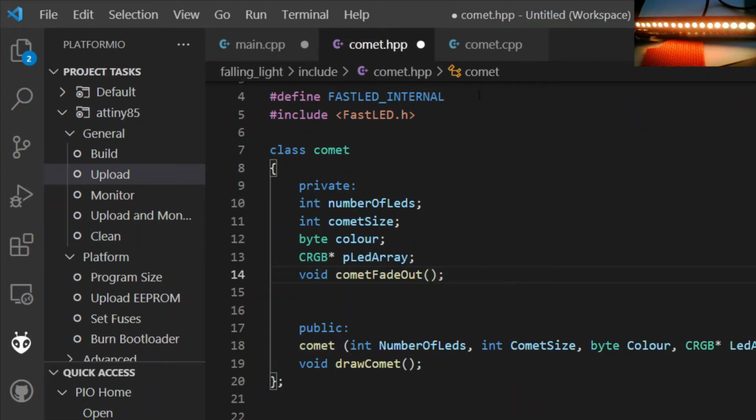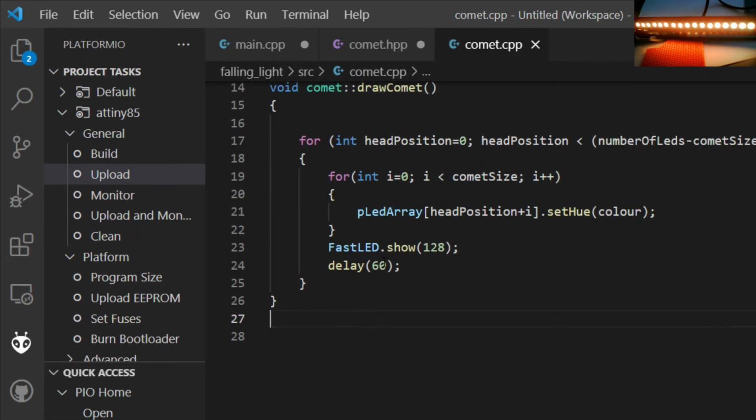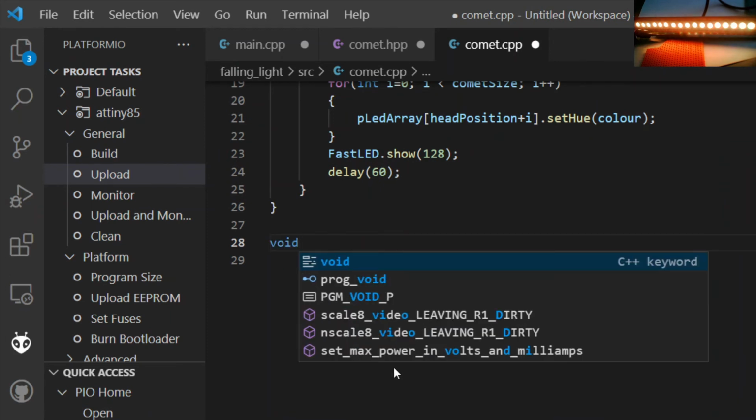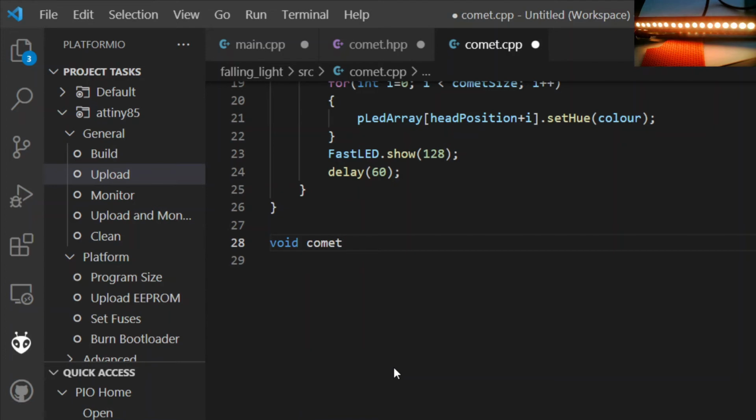It's a good name for it. And we go to the CPP. We'll come down to here, and we'll do void comet fade out. We're going to pass it